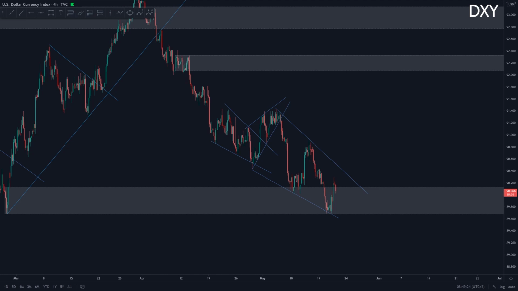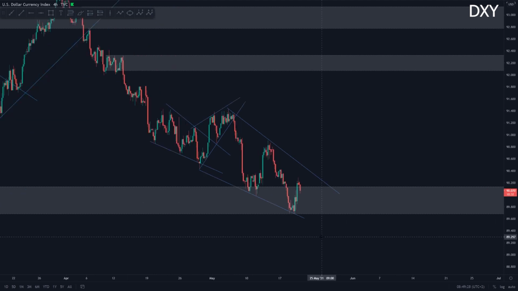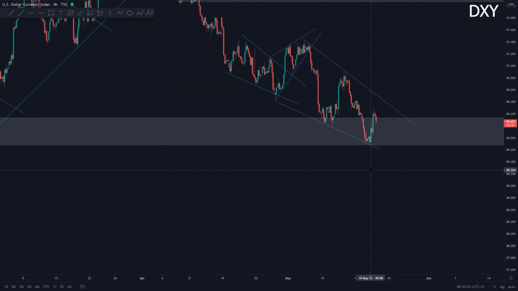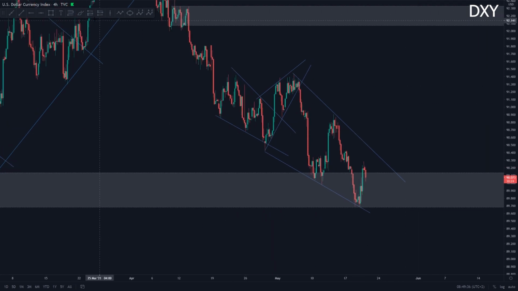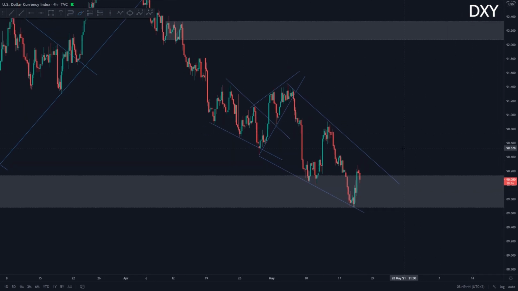So to begin with, the DXY. The DXY gave us a beautiful bullish engulfing candle yesterday at around 9 AM in the morning. And as we can see, once that bullish engulfing candle occurred, we started impulsing very strongly up towards the upside. So what is next for the DXY? Well, I am expecting more upside and I am expecting at least that third trendline touch of the upper trendline